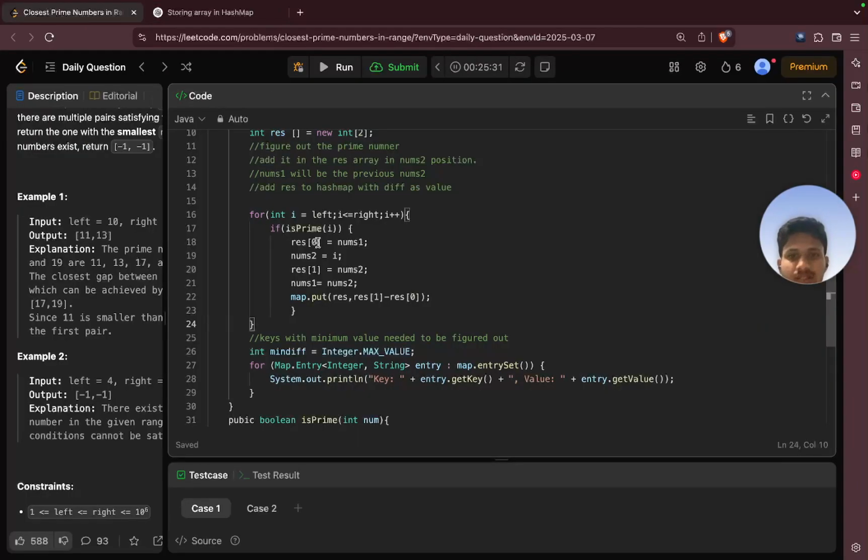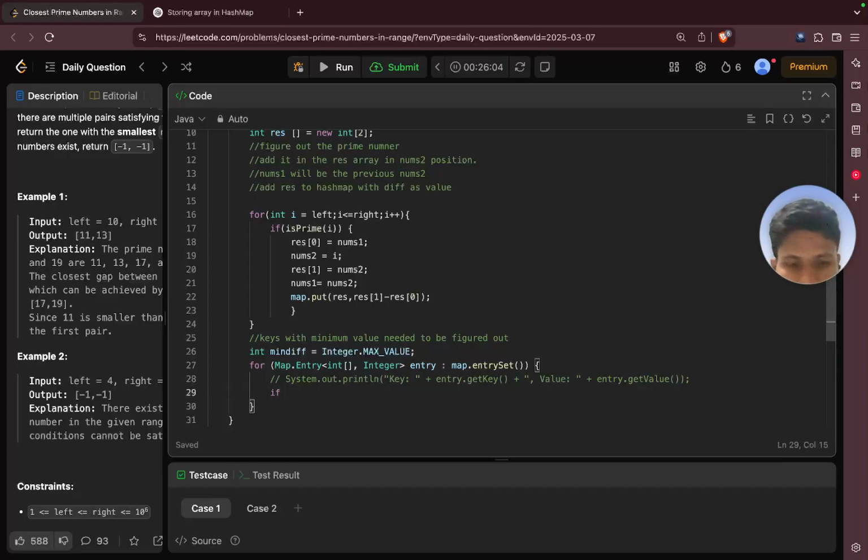So this is the thing that I need to remember. Map.entry set. Int of this, and this would be integer, integer, entry map.entry set. So here what do we need to do? If we want a key, we can use map.getKey. If we want a value, we can use map.getValue. Right. So now, if we remember this one thing,